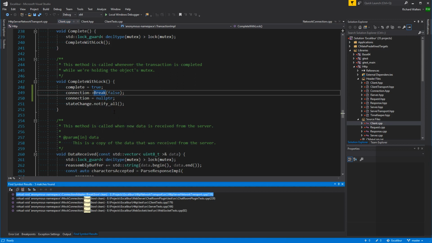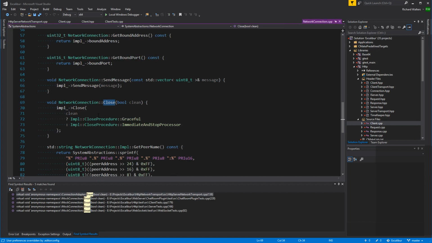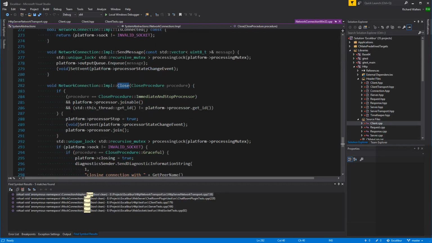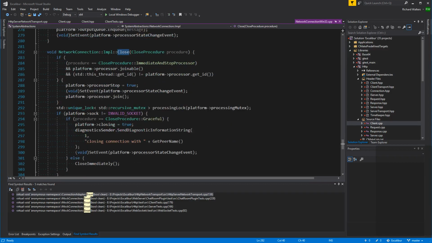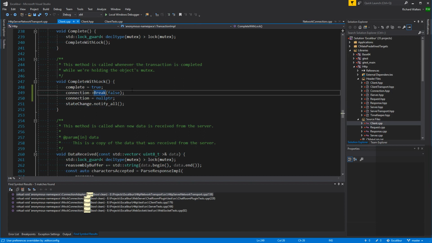What happens if we're already closing cleanly and we tell it to break uncleanly? Does it break immediately? Immediate and stop processor. Yeah, it'll close immediately. Okay, so we should be good calling it there. So if nothing else, it will reset the connection. Actually, when we release it, it'll probably do it anyway, but